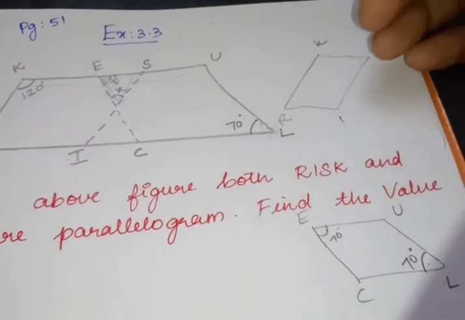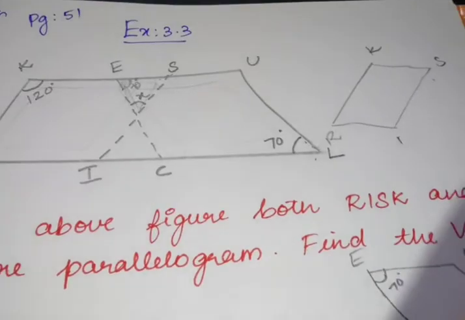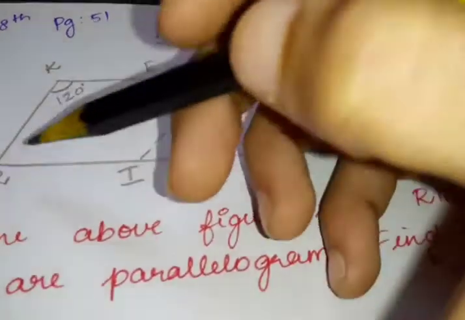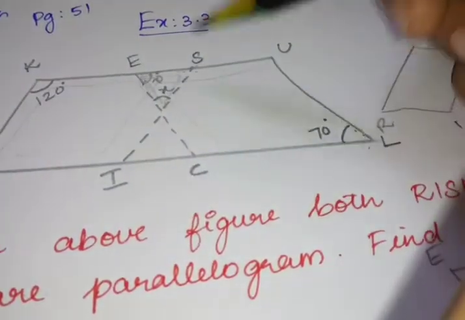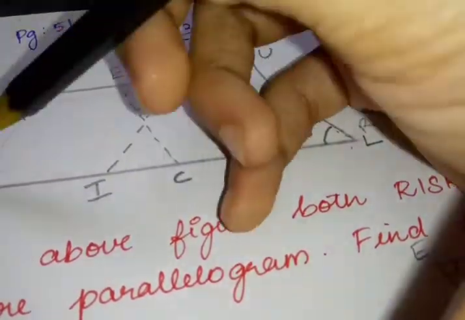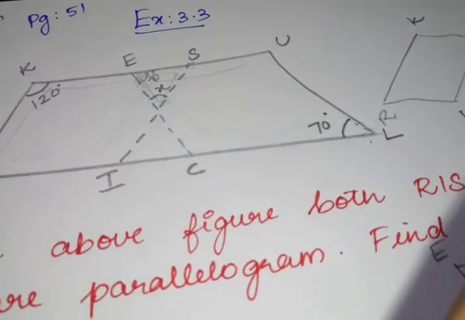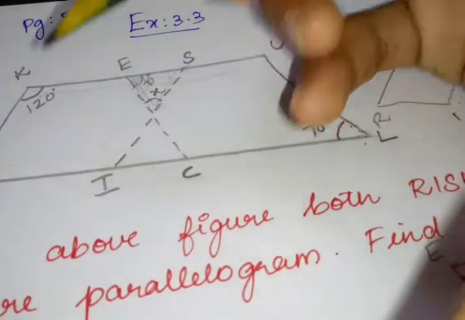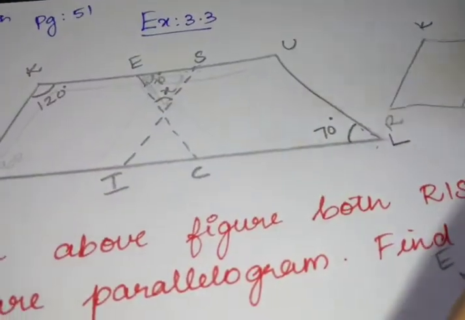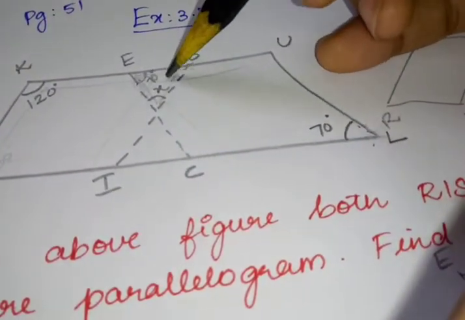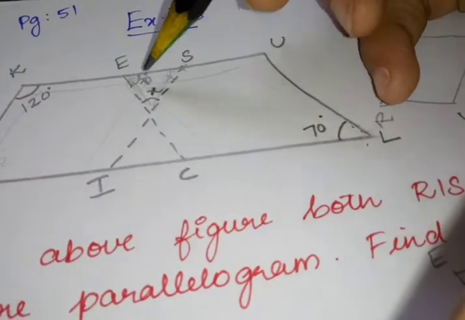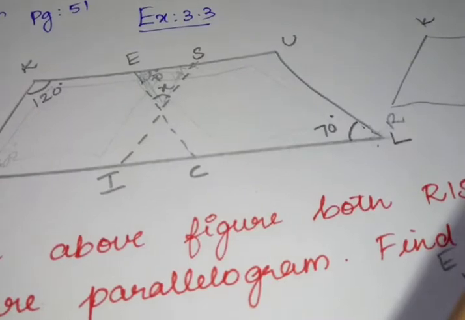Okay. Now I'll teach you first, then I'll write the solution. Next, what we have to find? We have to find the value of S. If you have the value here, it will be easy for us to find the value. Yes. Adjacent angles of a parallelogram, if you add the two adjacent angles of a parallelogram, it is 180 degrees. So 180 minus 120, what is the answer? 60. Is it? So 60 it will be here. If it is 60 here, this also will be 60. Why? Opposite angles of a parallelogram are equal. So I have found the value of E and S, so it will be easy for us to find the value of x.